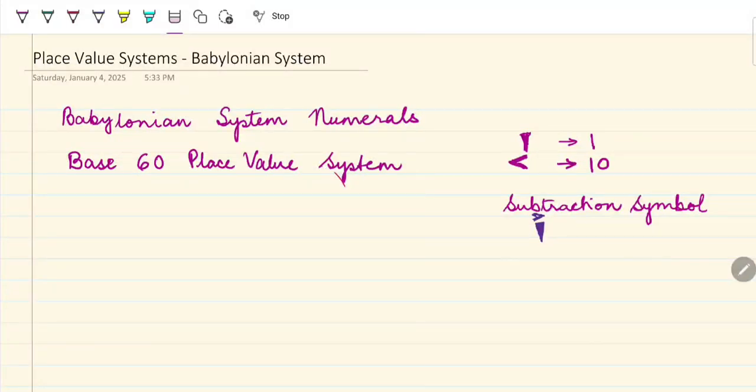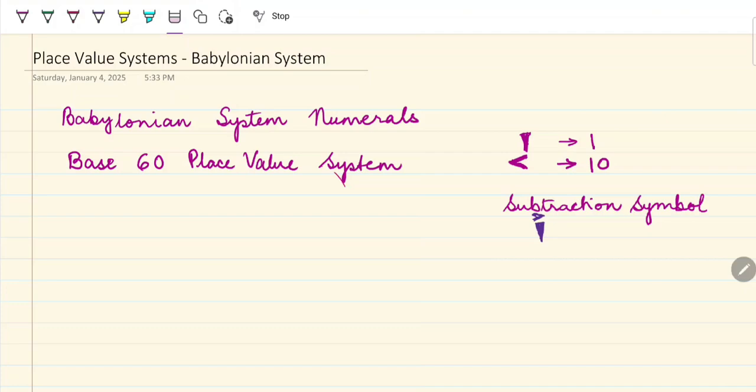Hello everyone. We are going to continue our discussion of the place value systems, and in particular we are going to talk about the Babylonian system and learn how they used the place value logic. Now we've already discussed place value systems in a previous recording using the example of the Hindu-Arabic system, which has been widely adopted around the world as a system of numeration. This Babylonian system, which preceded the Hindu-Arabic system,